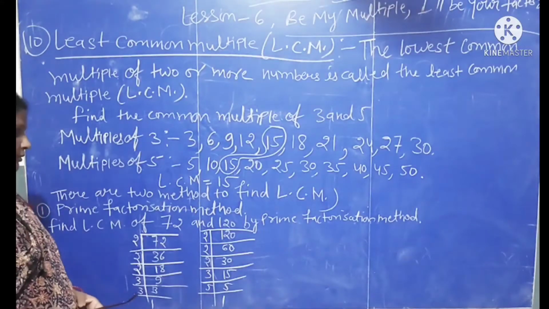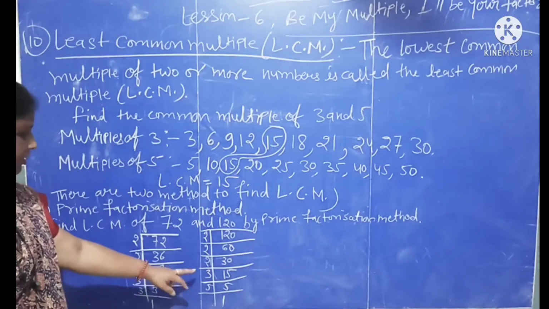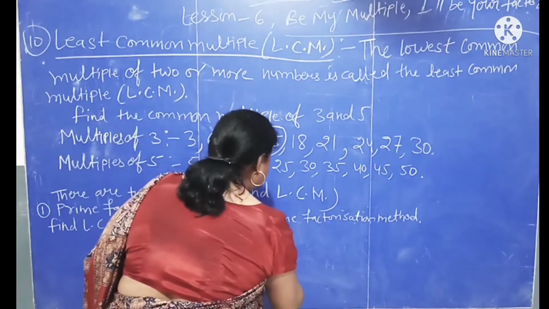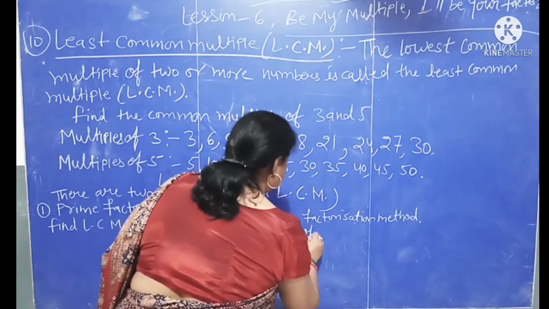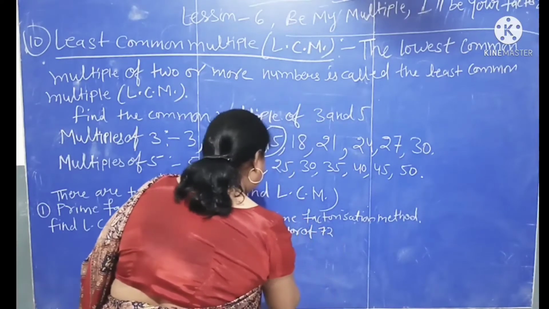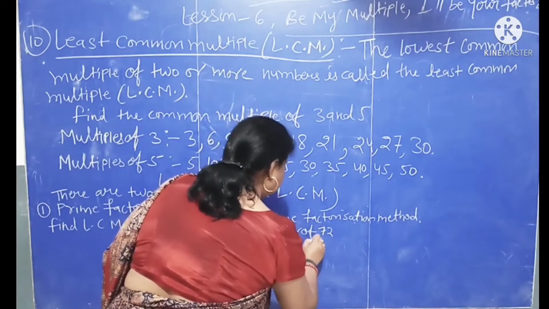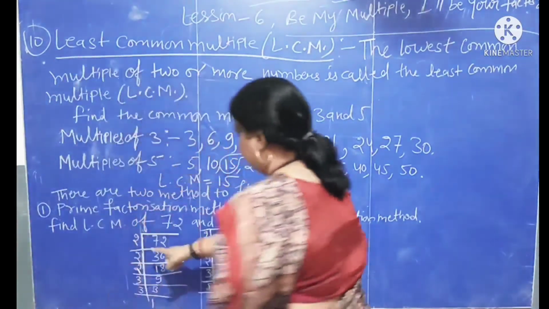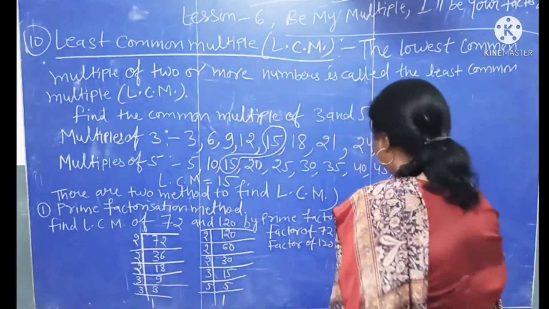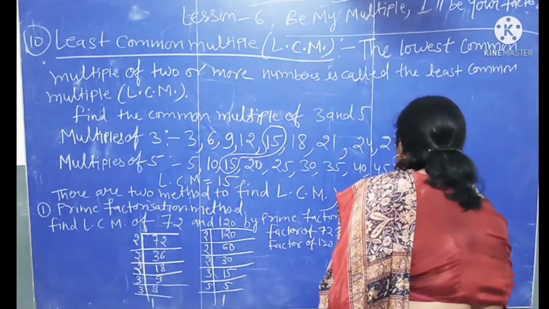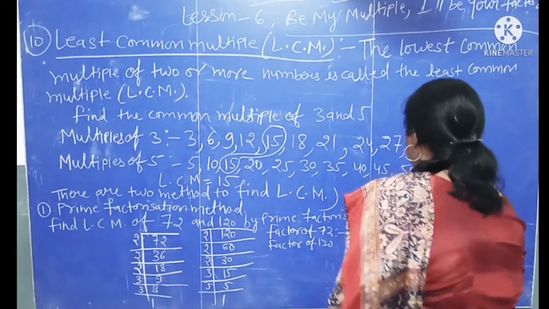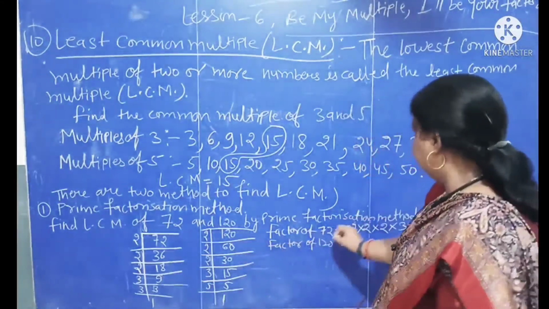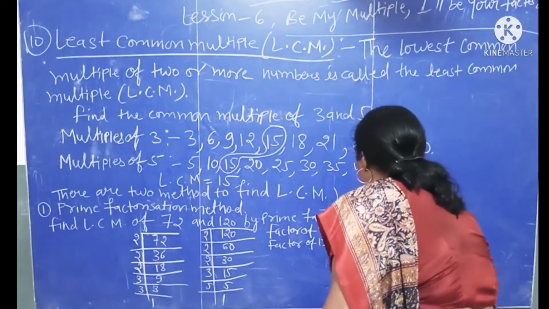Now we find the least common multiple of both numbers. So, let's find. First, we write the factors of 72. Then we write the factors of 120. So, the factors of 72 are 2, 2, 2, 3 and 3. 2 multiplied by 2 multiplied by 2 multiplied by 3 multiplied by 3. Here are the prime factors of 72. Now we write the prime factors of 120: 2, 2, 2,